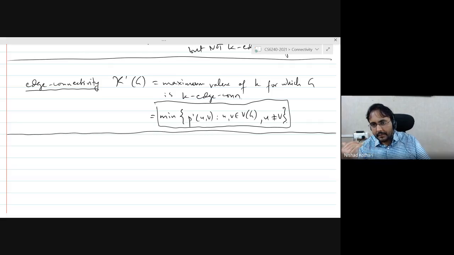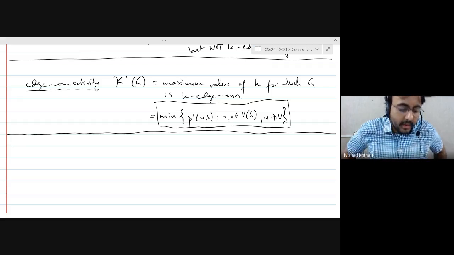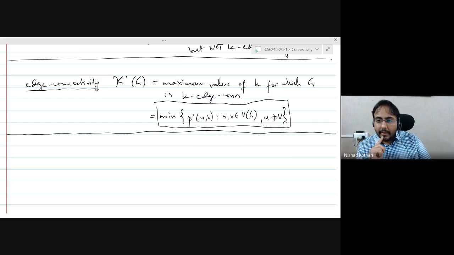And for all other graphs, this is the same as the minimum size of a vertex cut in the graph, right? So the connectivity, to give you an example, the graph's connectivity is 5 if you can't disconnect the graph by removing any 4 vertices,